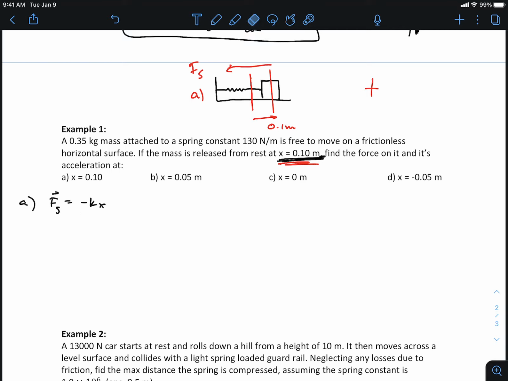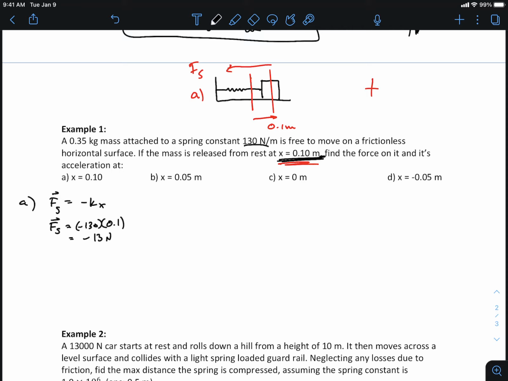Well, the force is going to be, and I'll do the first one a little bit more thorough, and then we'll just jump through the rest, right? So we know what the spring constant is, 130 times the displacement of 0.1. And if we were to type that into our calculator, you guys could probably do it without the calculator too, but 130 times 0.1 should be 13, right? You just move the decimal place one to the left. Okay, so we know that negative 13 newtons would be the force exerted there